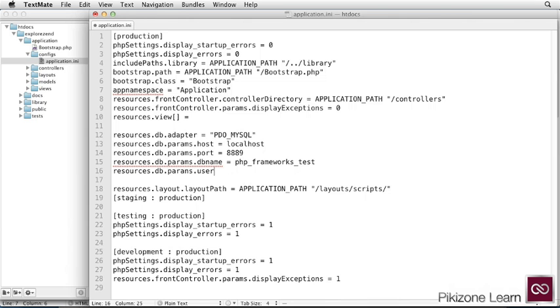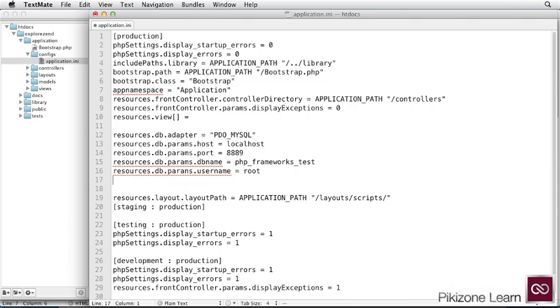Resources.db.params. The username that we're going to use to access the database, in this case root. It's not always the best practice to use the root, but since I'm just in a development environment here, it should work just fine. And make sure you spell all these correctly. It can be easy when you're typing a lot to make mistakes. The password, you'll put whatever your password is. And that should pretty much set up everything so that it can be accessed. So this allows database access from your application to whatever your database is, whether it's in MySQL or in another type of database. You can also use the Zend command line tool to do this by typing zf configure db-adapter